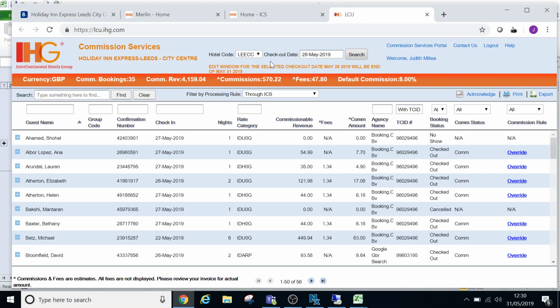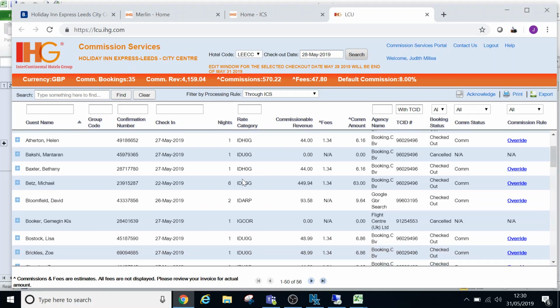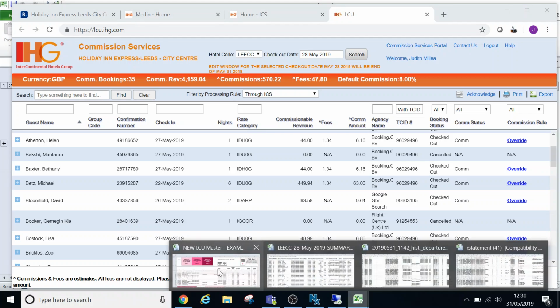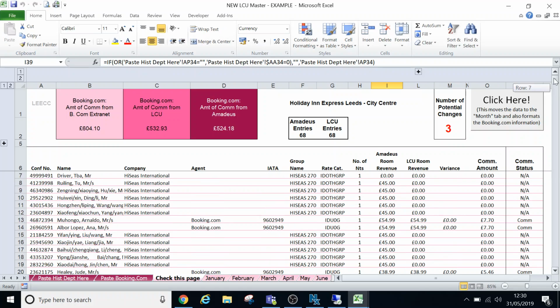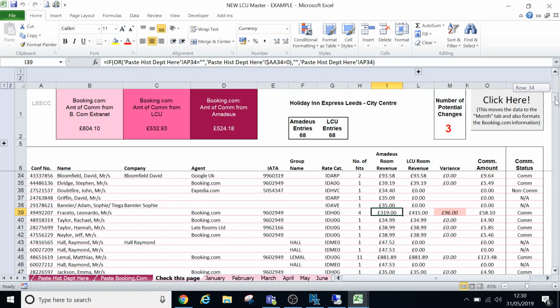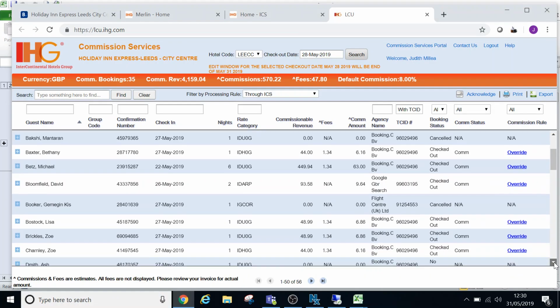The way that you do this is to click on the box next to it and make the amend that way. So for example, just have a look, I think it was Michael. Where's my variance? Leonardo. Okay, so come to Leonardo,